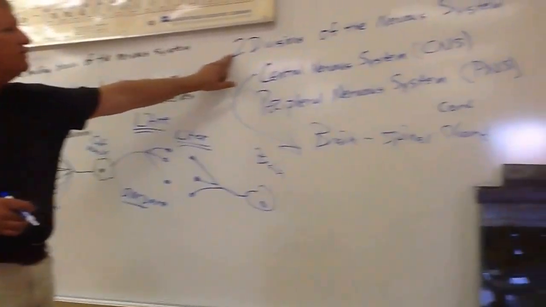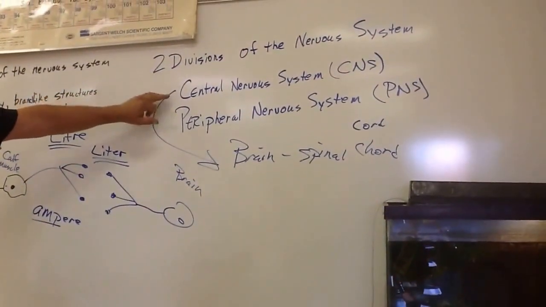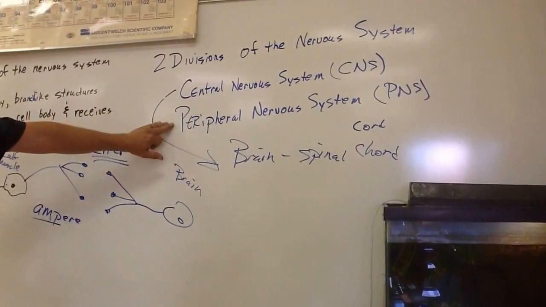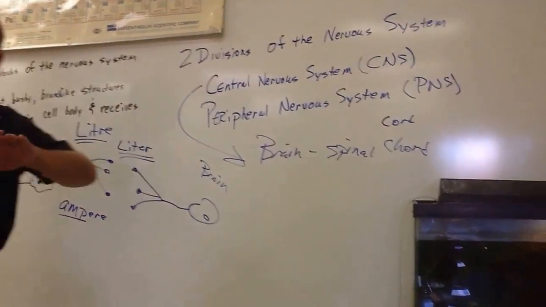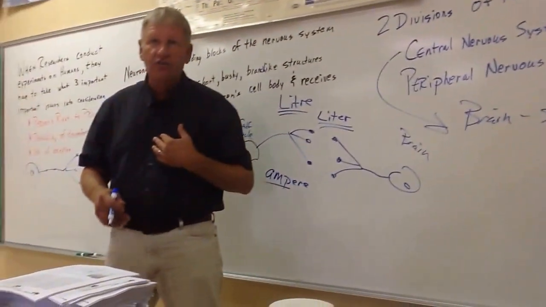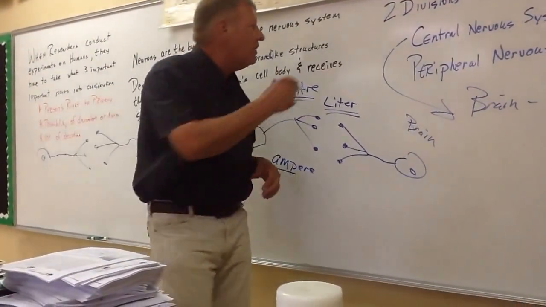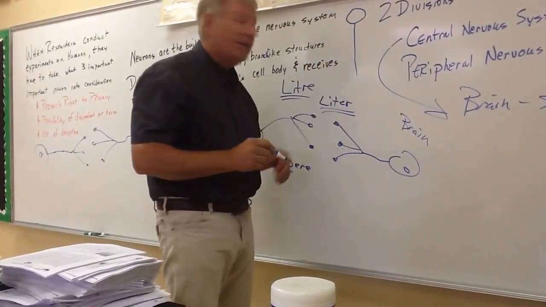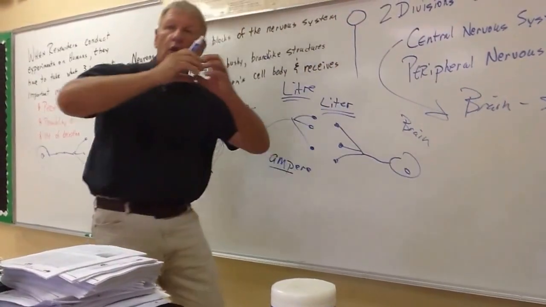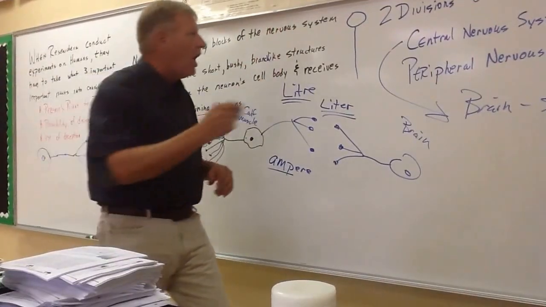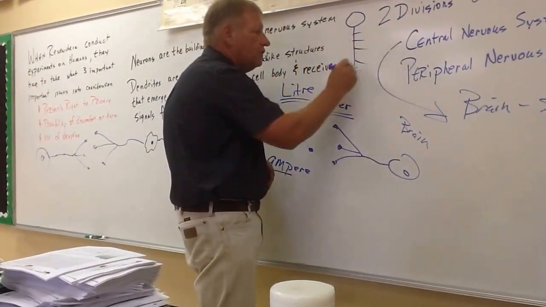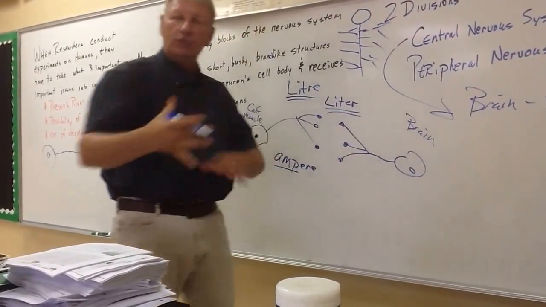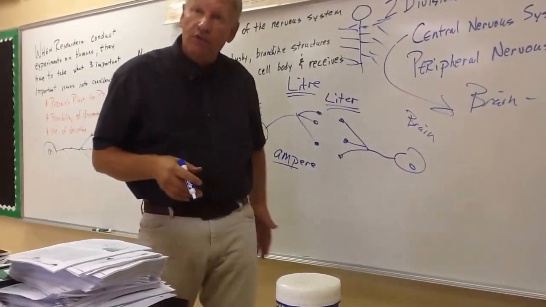So the two divisions of the nervous system are the central nervous system, the brain and the spinal cord, and the peripheral nervous system, everything outside of the spinal cord. So we have the brain, we have the spinal cord, okay? And then coming off of that spinal cord, we're going to learn later all the different nerves that go off. All these nerves go off from the spinal cord and go out to the whole body. They go down the arm, they go down through the leg. You have the sciatic nerve that goes through your